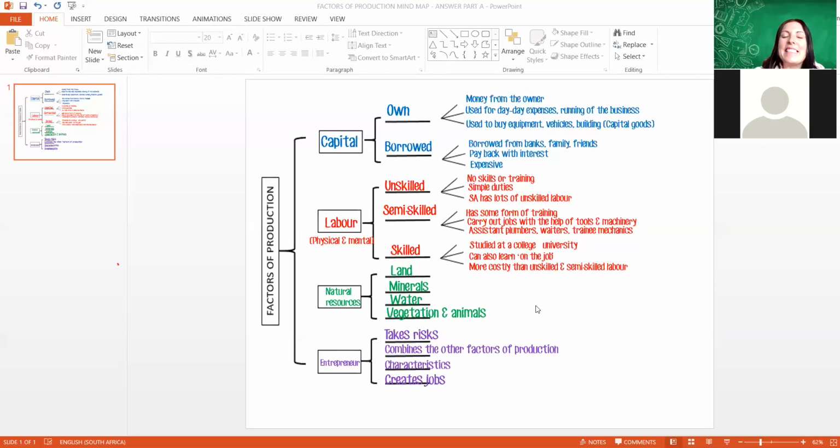And then the last factor of production, we spoke about it. We said that if we do not have a person who can take the risks and combine the other factors of production, no business would actually come to light. So we need that entrepreneur who will combine capital, labor, and natural resources in order to start a business and